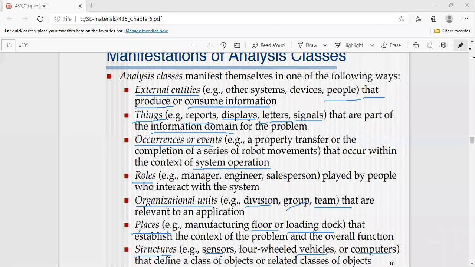These are the different manifestations of analyzing the classes, and which kind of class we are going to represent there. How many class roles are there, which purpose, which class is suited there. Like that we are going to define or divide the classes, and based on that, we should perform some analysis on those classes here.